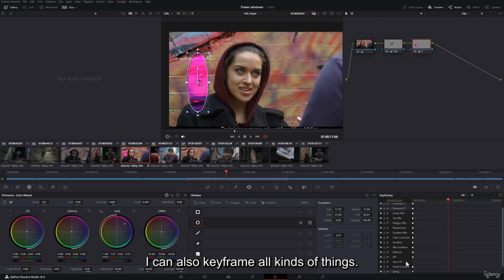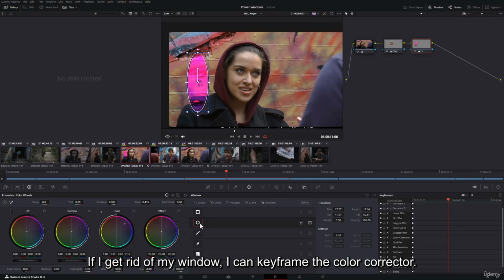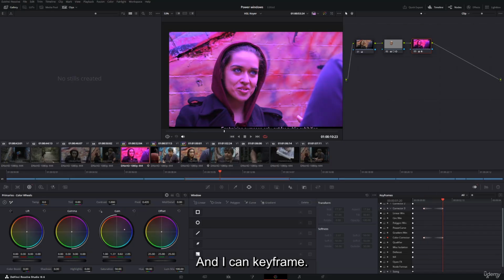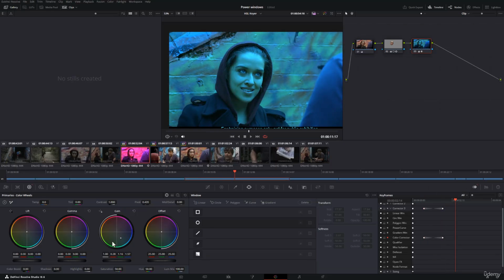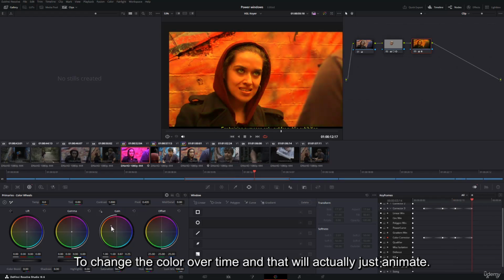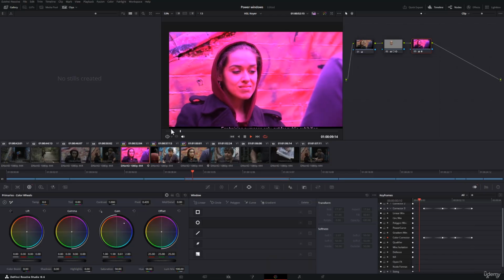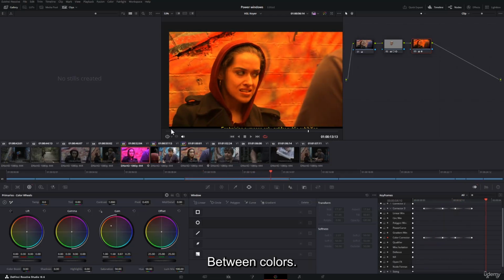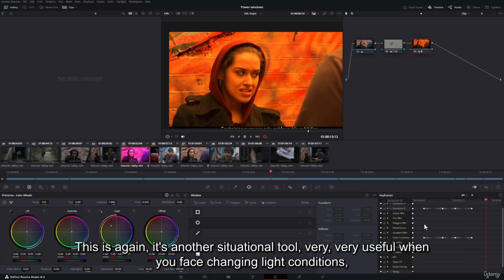I can also keyframe all kinds of things. If I get rid of my window, I can keyframe the color corrector, and this is basically all of my tools. So what I can do is start pink, and I can keyframe to change the color over time, and that will actually just animate between colors. This is, again, another situational tool, very, very useful when you face changing light conditions,